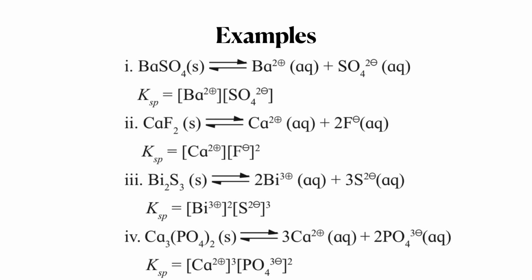So you can work out many of the examples like ZnCO3, zinc carbonate, magnesium fluoride, lead chromate. What will be the formula of lead chromate? It will be PbCrO4. Please try out all these examples. Okay, so thank you. Next time we'll see the relationship between solubility and solubility product. Okay then.